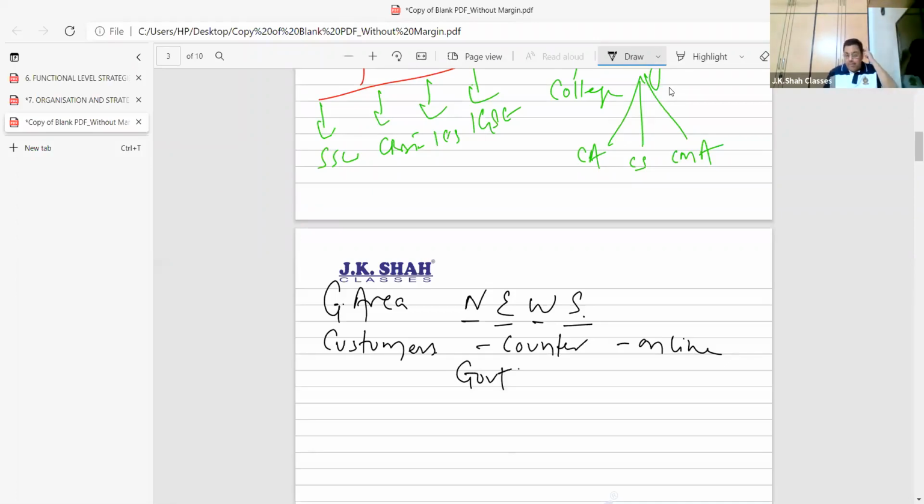Government can be the customer, no? Public sector, beta. For me, customer may be business firms. For me, customers may be individuals. That way also I can have division. Division can also be made on the basis of product. Pay attention. Product means this example which I gave earlier, that was on the basis of product. Science, commerce, like that. But other explanation, product, pay attention.